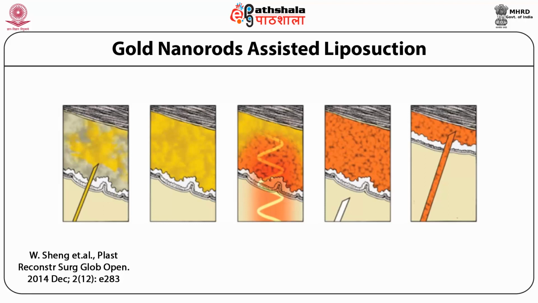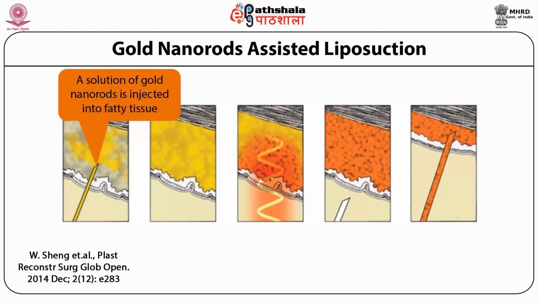It is actually a surgical procedure to remove the excess fat from a selected part of the body. Shang et al. have conducted an experiment on nanoparticle-assisted liposuction. They injected a solution of gold nanoparticles or gold nanorods into the fatty tissues to be removed, as shown in the first picture. The nanorods, being lipophilic in nature, diffuse into the fatty tissues uniformly, as shown in the second